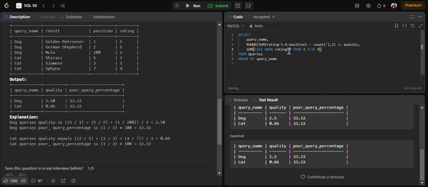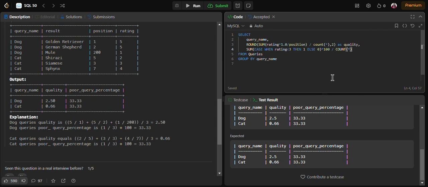So it will count the number of times the rating is less than 3, and since I want the percentage, I'll multiply by 100 here itself, and then divide by the total number of queries.